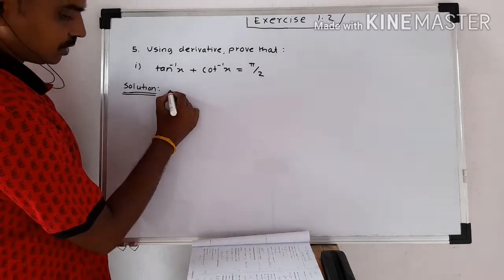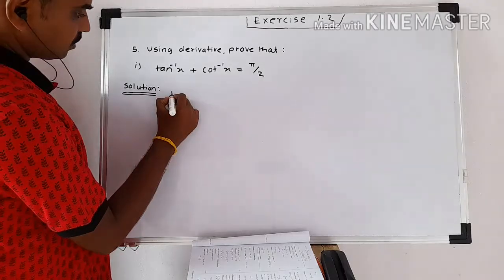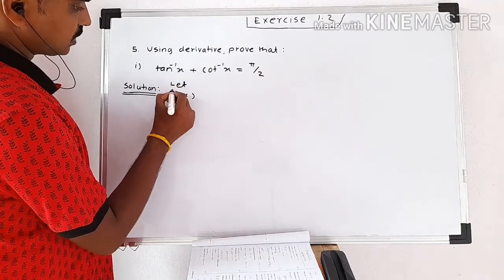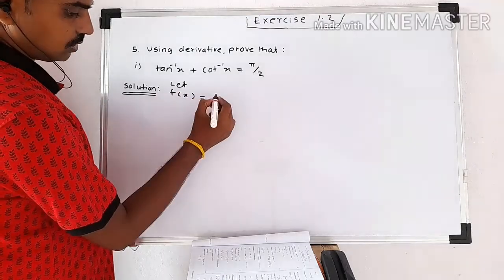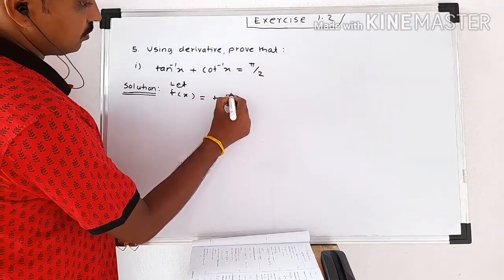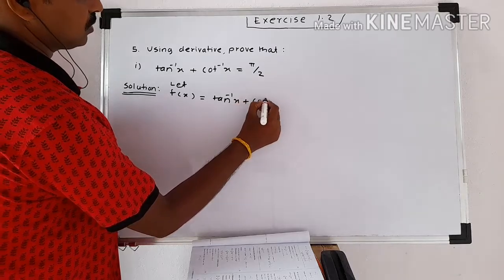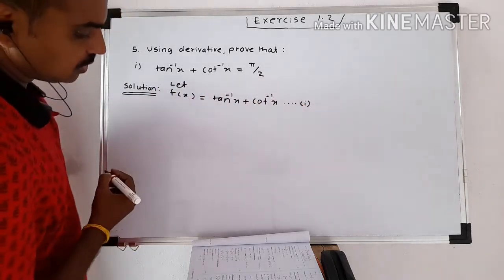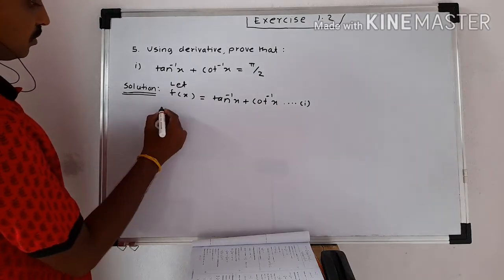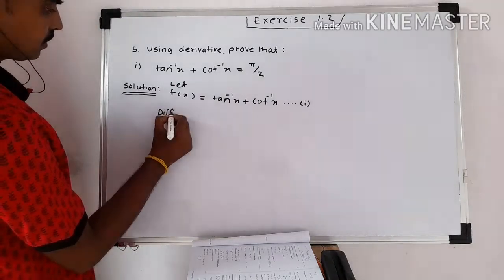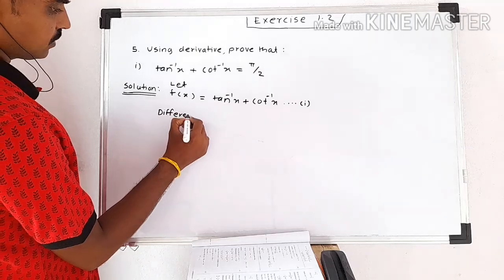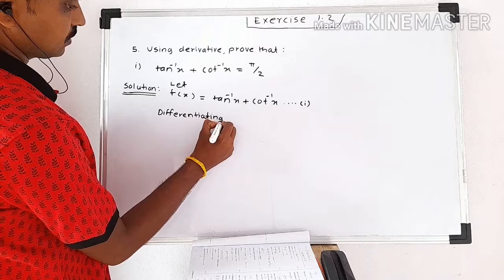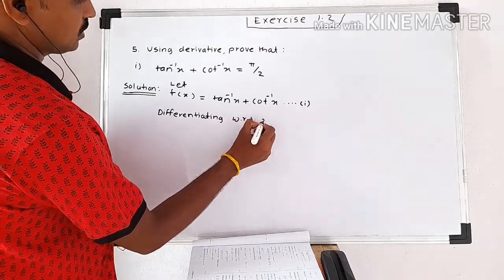Now, first of all, to prove the result, we have to consider f of x equal to tan inverse of x plus cot inverse of x. I will write this as equation number 1. Now, differentiating with respect to x,